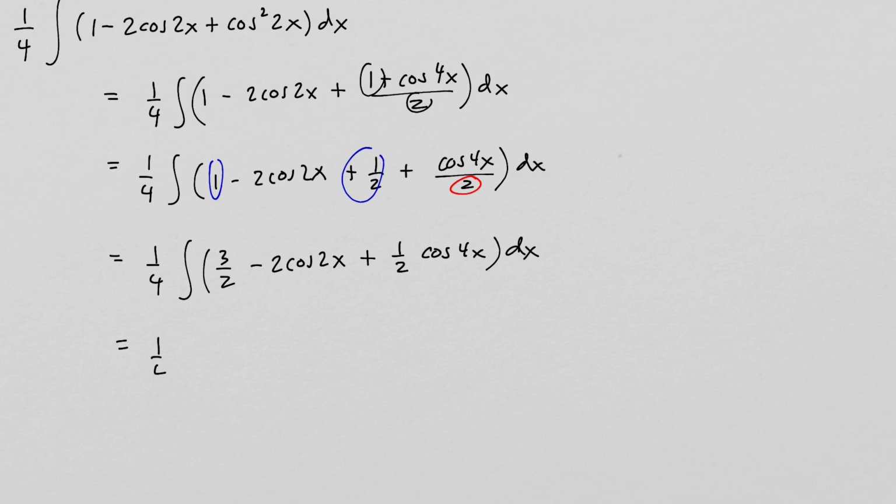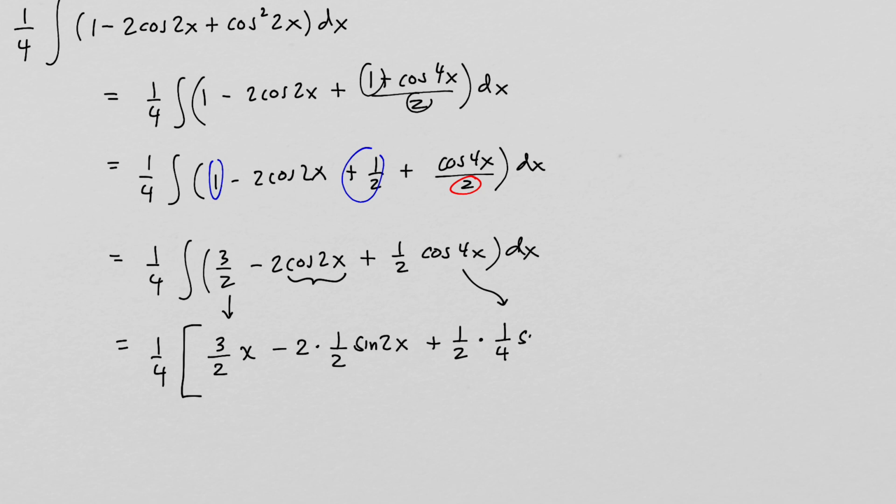So we have 1/4 multiplied by the antiderivative of 3/2 is simply 3/2 times x minus 2 times the antiderivative of cosine of 2x is 1/2 sine of 2x plus 1/2 times the antiderivative of cosine of 4x is 1/4 sine of 4x